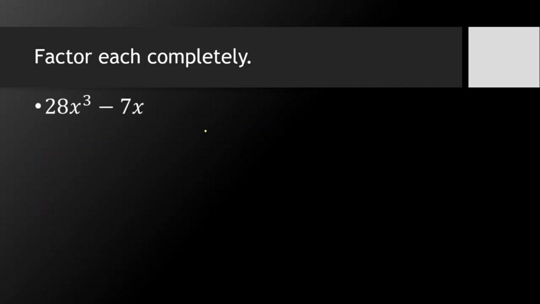Another, we have 28x cubed minus 7x. Similar to the previous example, we can see that the two numerical coefficients are not perfect squares. So we will apply, if possible, the obtaining of the GCF. Let's see if it is applicable. 28 and 7, they are both divisible by 7. For the x variable, since both terms have an x variable, we just get the one with the lower exponent, which is x, and then divide the given terms by the GCF that we have obtained. So 28 divided by 7, that is 4. X cubed divided by x, that is x squared. Then affix the minus sign. Then 7x divided by 7x, that is simply 1.